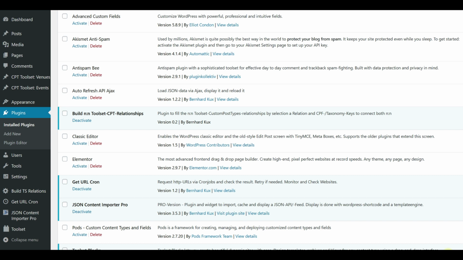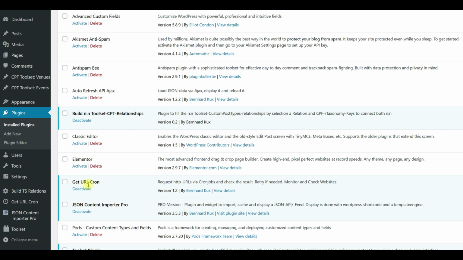The Toolset custom post relationships feature is able to connect these custom posts, and the data is in the custom posts. So if you use that, we will see later, you can create these relations that you would otherwise have to create manually. Besides Toolset and the JSON-Content-Importer Pro, you can also use the